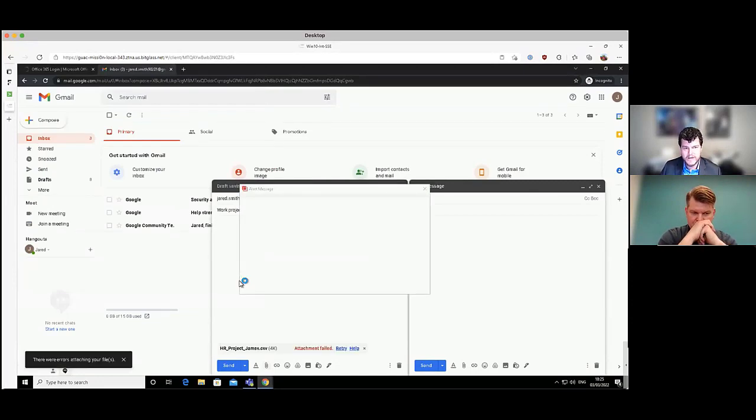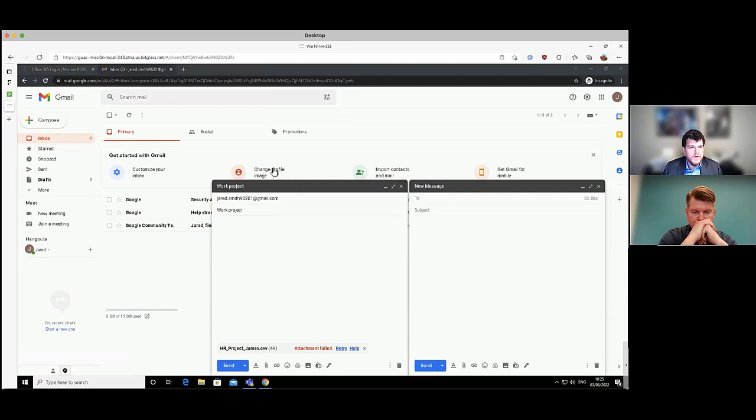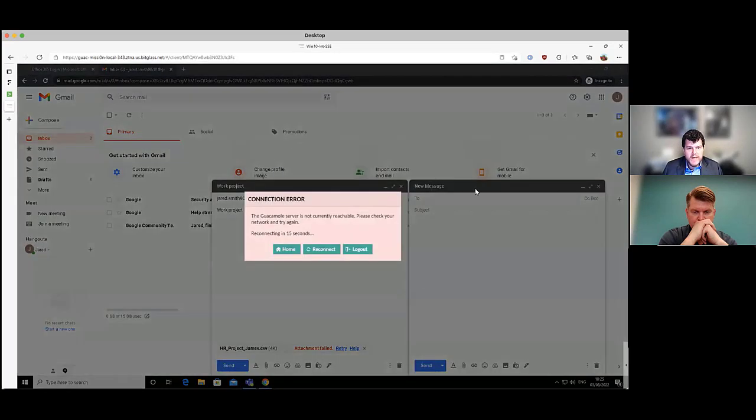As you can see, instantly it's blocked. You can see it failed within Gmail itself. And then we get a nice little pop-up message saying that it was blocked because it had PII in it. So now having done that,